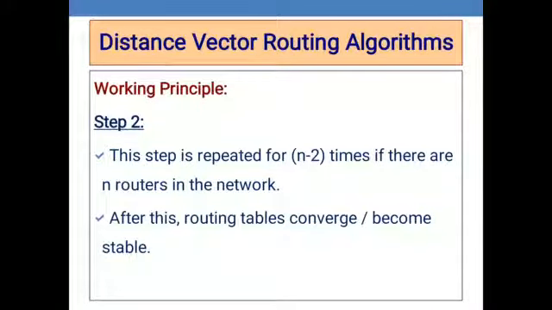After the completion of n minus 2 times, each and every time the tables are updated. After completing that, the tables converge or become stable. That means once each and every router's data is updated in the routing table, we say it has converged. Converged means each and every router maintains information about the different routers, for example A to B and B to C. By using this distance vector routing algorithm, we will maintain the